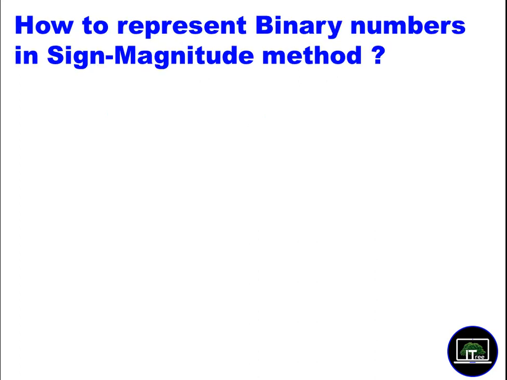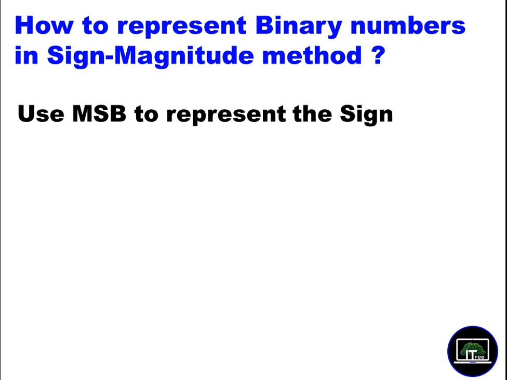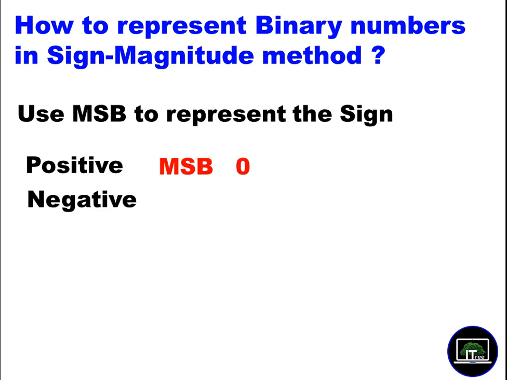If you look at binary numbers, how can you do that? Computers store numbers in binary. In binary numbers, can we save the plus sign or the minus sign? No, you can't use the plus sign or minus sign. Then what do we do? We take the number and reserve the first bit, which we call the MSB, the most significant bit. The first bit we reserve for the sign. How can we do that? For positive numbers, we use the MSB, the first bit, as 0. For negative numbers, we use the MSB as 1.